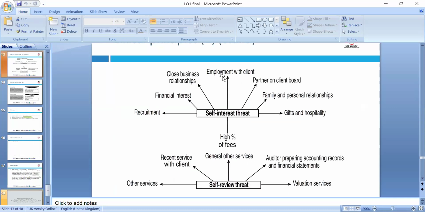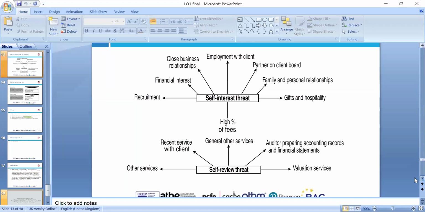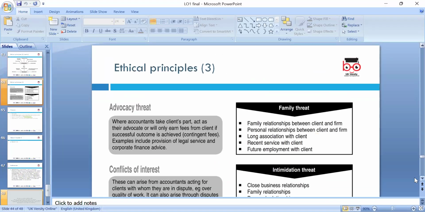Self-interest includes employment with the client, partners or family members involved, or taking gifts and free holidays, then of course we can compromise the professional code of ethics. There is no such rule on how much worth of gift we can accept, but normally up to £50, or use professional judgment, not impacting your independence and true and fairness of the financial statement, or not leaking the internal information to external. These are the threats which we just mentioned: conflict of interest, family members, intimidation.